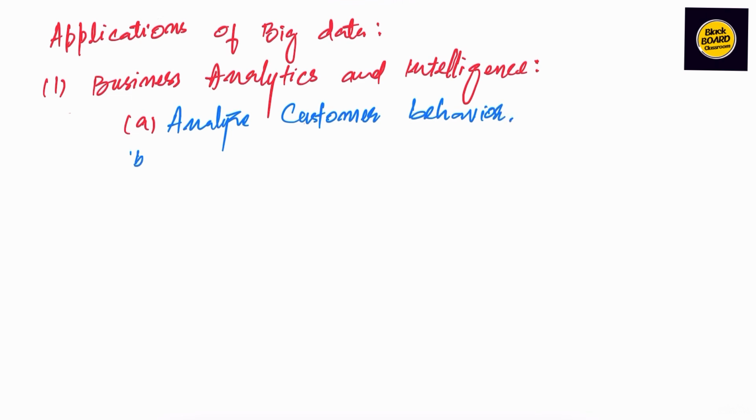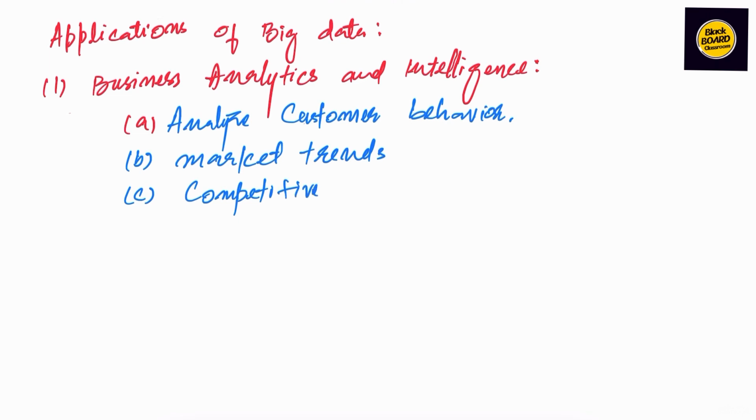Number two, B, market trends, which is again important to be competitive in the market. Number C, competitive landscapes, which helps us in understanding the competition in the market or the other organizations who are working in the market. Then again, it aids in identifying opportunities for growth,